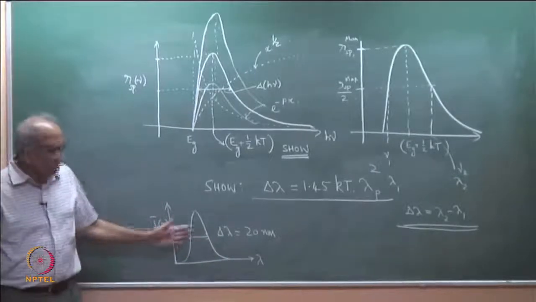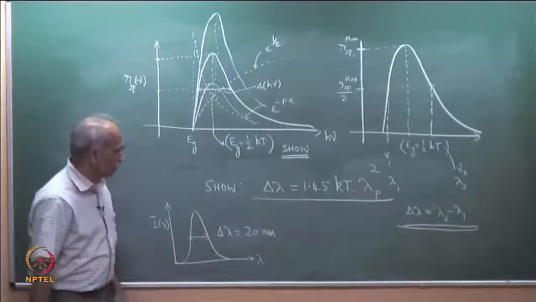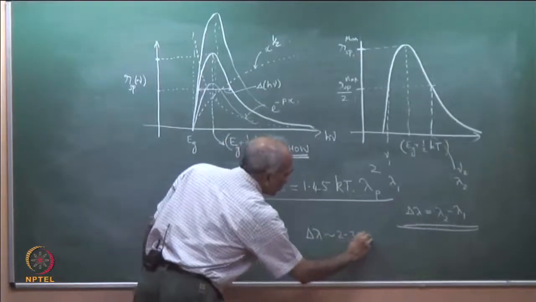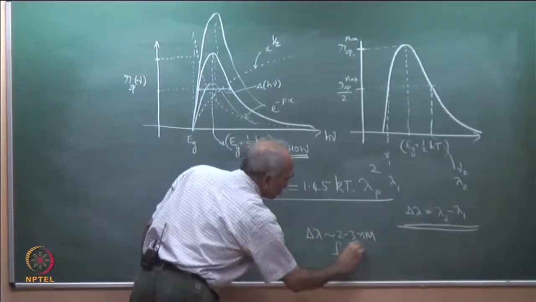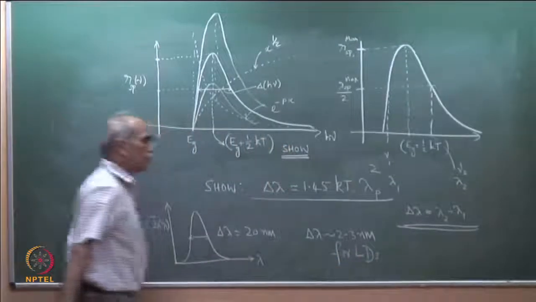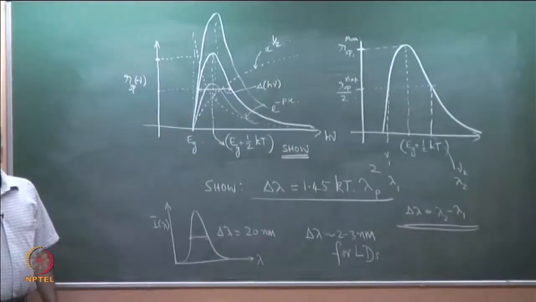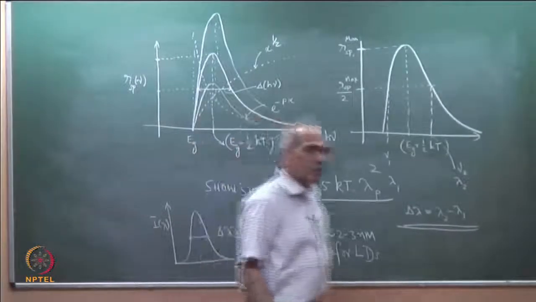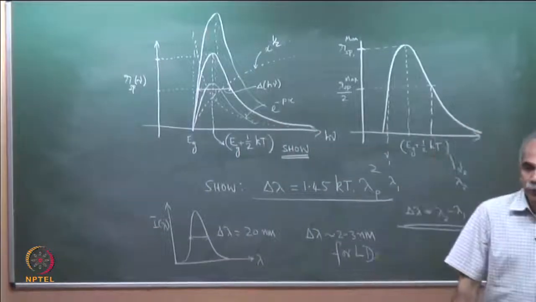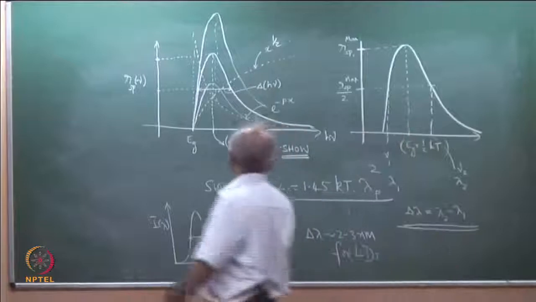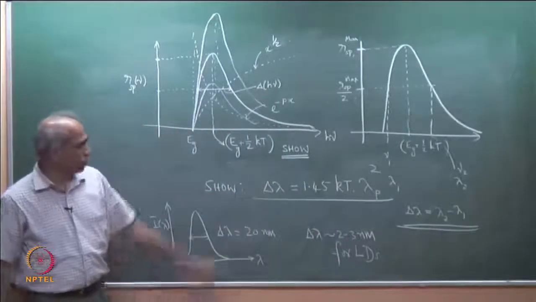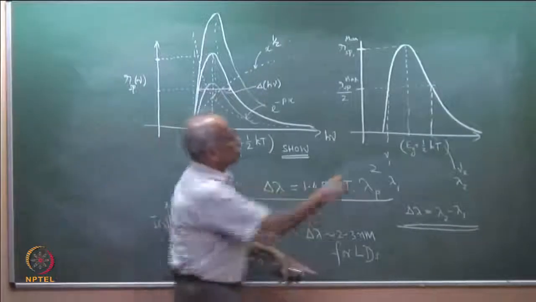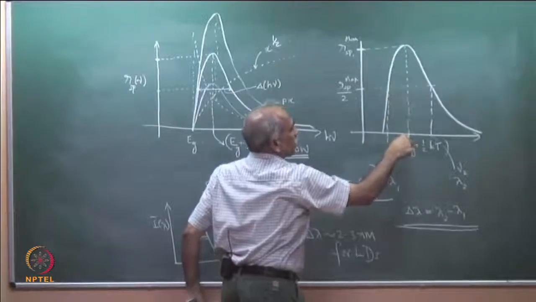If you measure the same thing for a normal laser diode, this delta lambda will be of the order of 2 to 3 nanometer. For normal laser diodes, Fabry-Perot laser diodes. We will study about specialized laser diodes which have extremely small delta lambda, single frequency laser diodes. So, that is why please calculate delta lambda in terms of nanometers. Lambda p here corresponds to the peak wavelength here, that is lambda p.